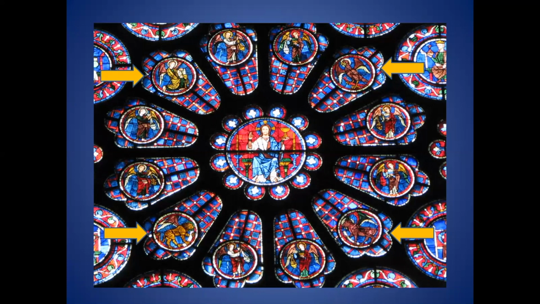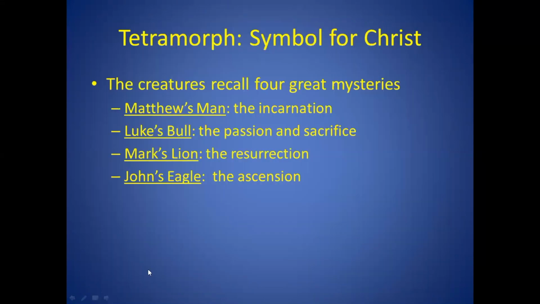Now, given this association with Christ in majesty, Rabanus Maurus also interpreted the four creatures this way, that the four are actually symbols for Christ himself, that they recall four great mysteries from Christ's life, that the man represents Christ's incarnation by the Virgin Mary coming into human form, that the bull represents Christ's passion and sacrifice in the last week of his life,